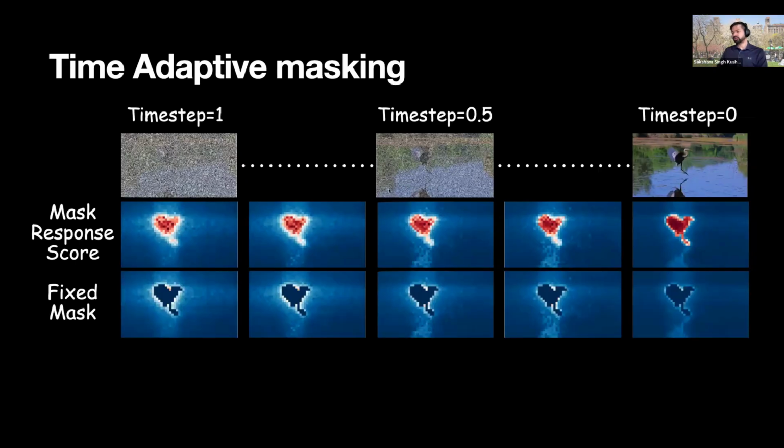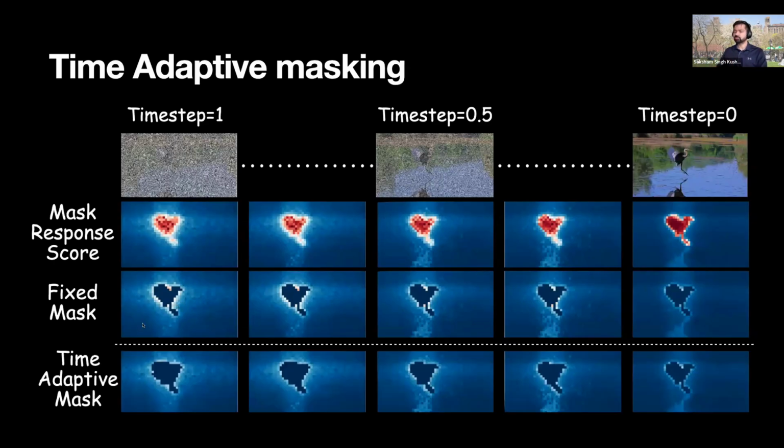And previously, using a fixed mask would actually not cover all the related tokens to it. As we can see, there are highly activated regions which are closely related to the object mask. If we copy the values corresponding to that in our approach, then this would actually hinder removing the object. And hence we propose time adaptive masking,